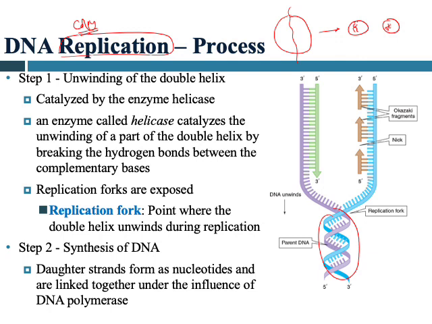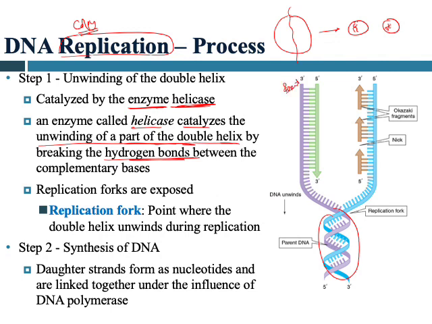This function is done by an enzyme called helicase. This helicase catalyzes the unwinding of the double helix DNA by breaking the hydrogen bonds. We know the bases are attached together through hydrogen bonds, and because of these hydrogen bonds, the double helix structure is possible for the DNA. So helicase opens it up by breaking all the hydrogen bonds between the bases. If the hydrogen bonds are broken, then the double helix is going to open up easily, right? And once it's open, this is your parent DNA,